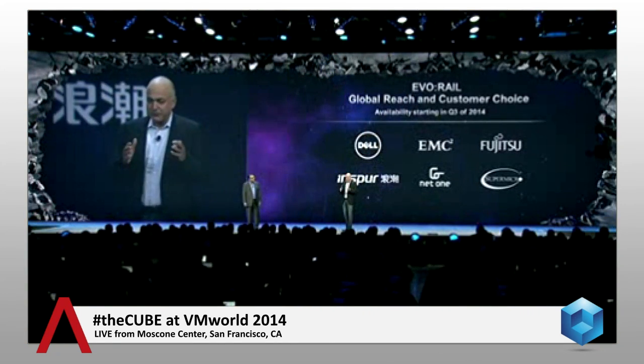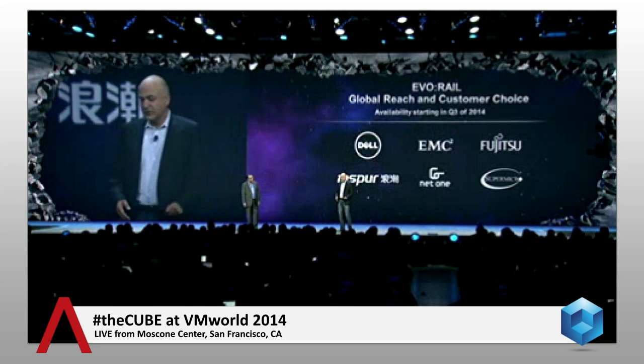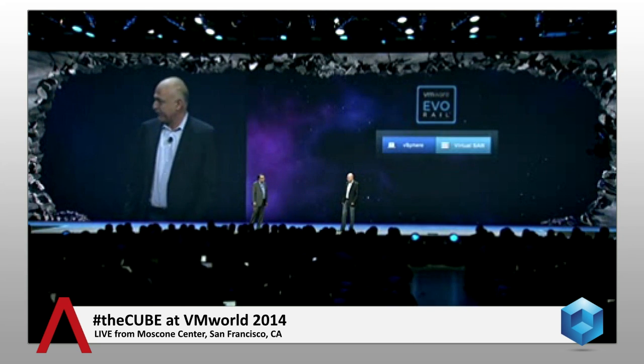That's great. But wait. So Evo Rail is now available as of Q3, and you see a list of our partners here that are delivering it, and I'm sure there will be more of them in the future as well. This is awesome. But as Pat mentioned, Evo Rail is only the first member of the family. It utilizes vSphere and virtual SAN, and it also comes pre-configured with Log Insight, so you can do log analytics. But if you need more than that,